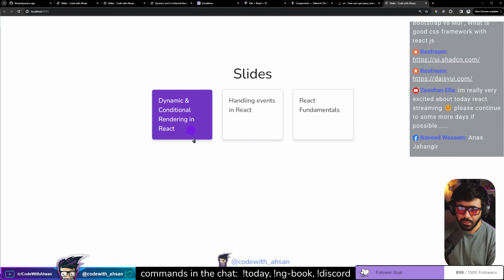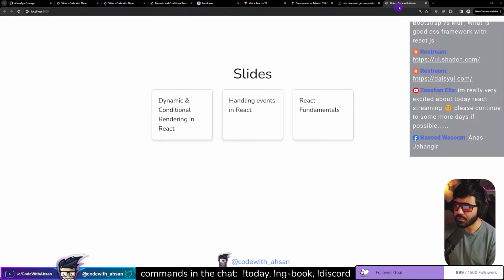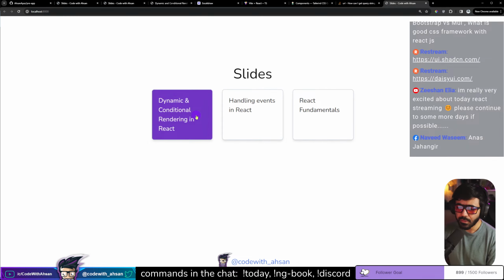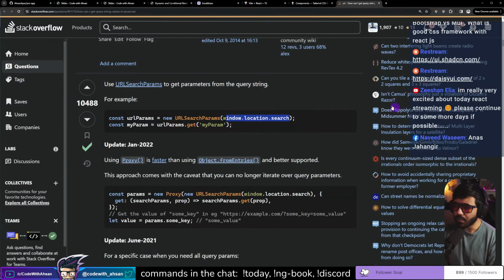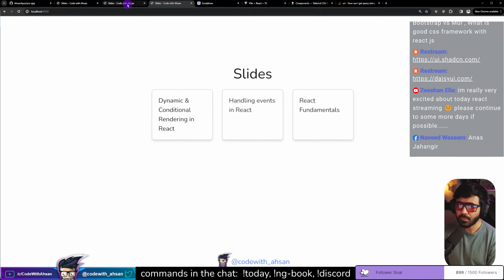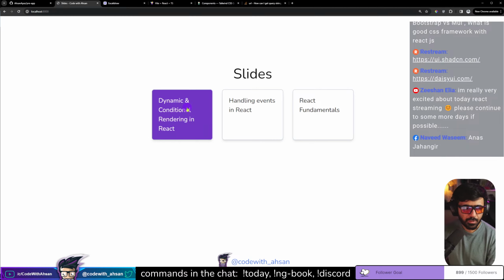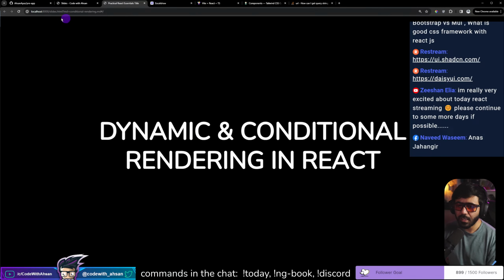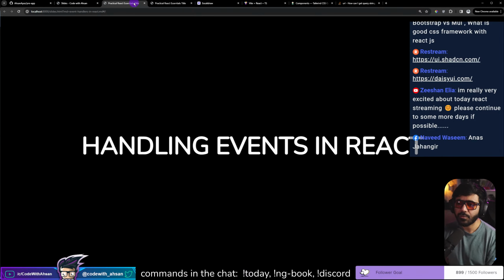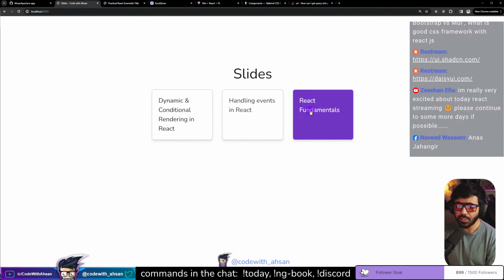Now once this refreshes, we should be able to see the right links. Let's see if I refresh this. If I go to my home page, close this, refresh, there we go. Now you don't really see the link, but if I click this into a new tab, hey, let's go, slides.html question mark and then the right link. If I click this one, handling events in React, now this is being used by just one single file